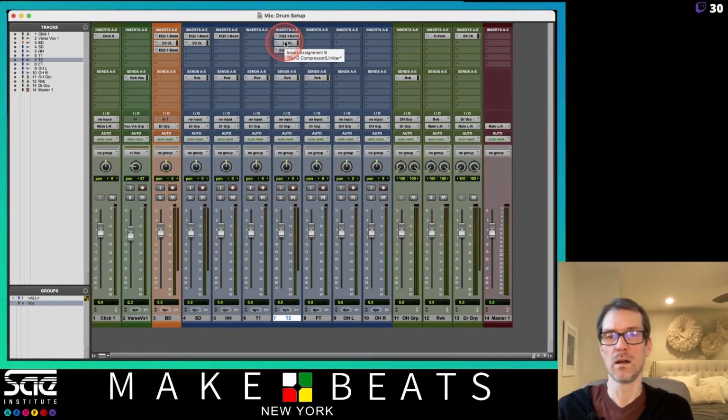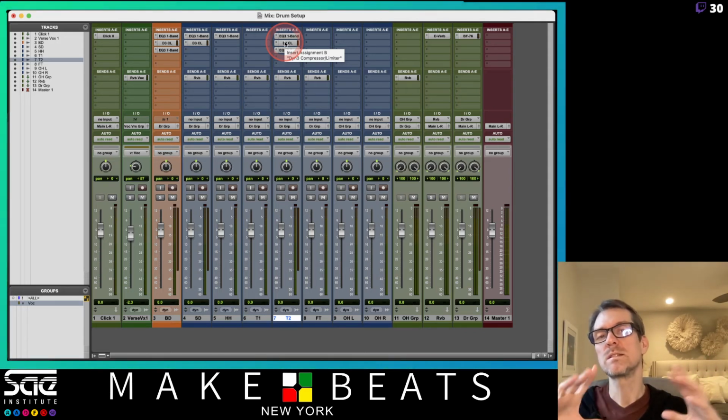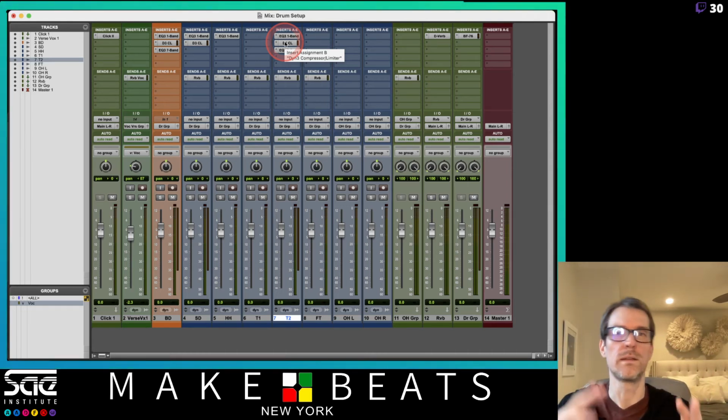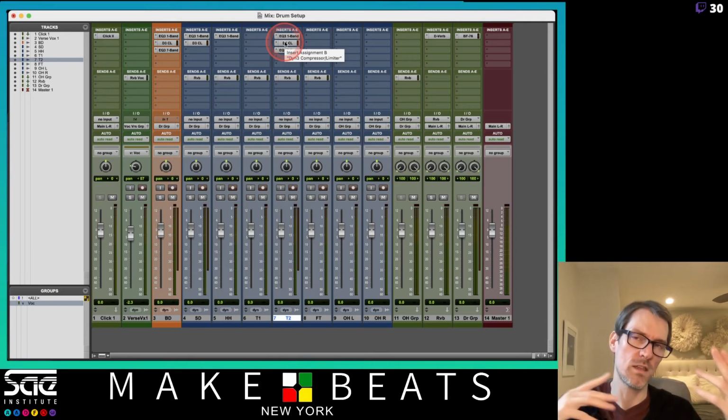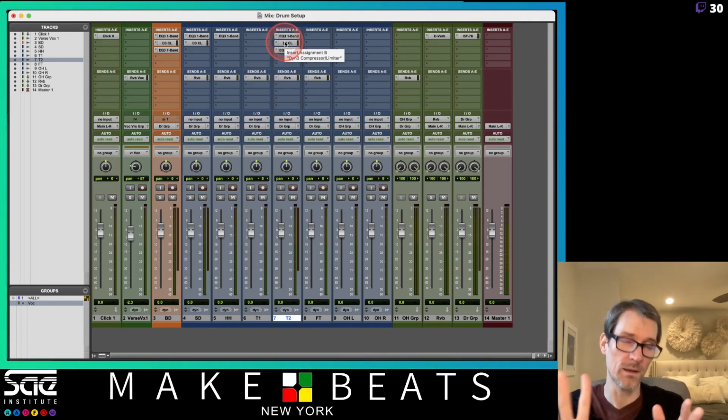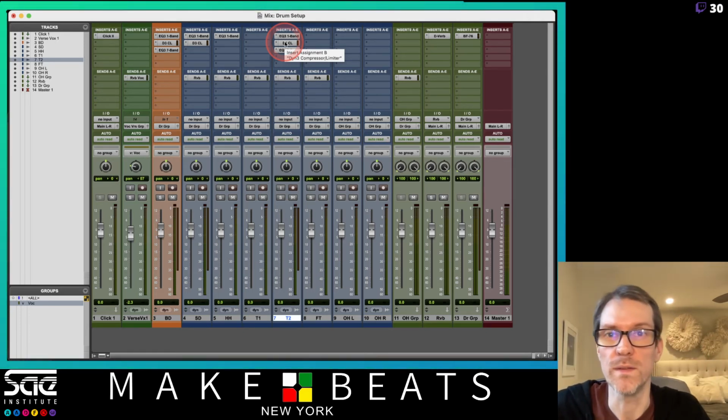And so if you are working with the same vocalist over and over again, like let's say you're working with 3 different vocalists, vocalist 1 all the time, 2 all the time, 3 all the time, you can save settings for vocalist 1 and different settings for vocalist 2 and different settings for vocalist 3, with different compression, different EQing and stuff like that, which you'll tweak later, but it's just nice to have a good starting point. And then you can recall it really easily. So that's super, super useful. I highly recommend it,